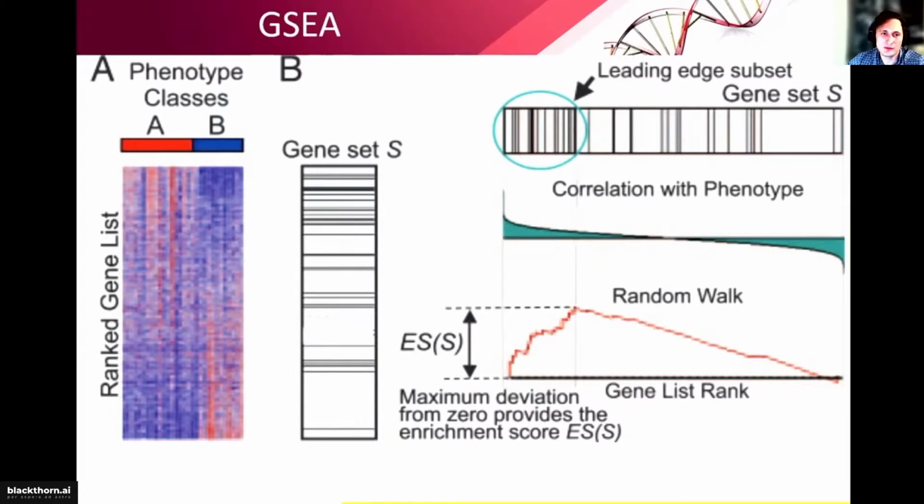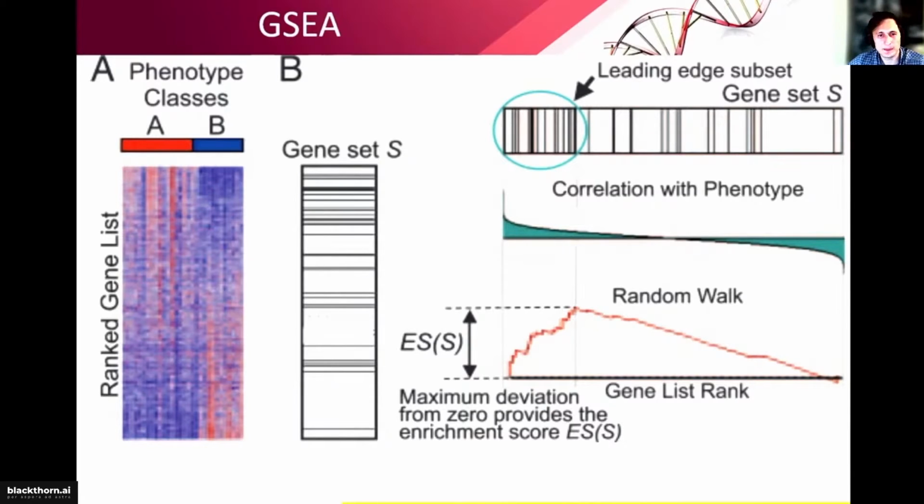And for GSEA, you have to have a gene set. Basically, it's just a list of genes. You can download it from MSigDB, or you can generate it by yourself. Sometimes you have some set of genes and you want to analyze from which pathways it consists, and so on. So you have this gene set, and you are